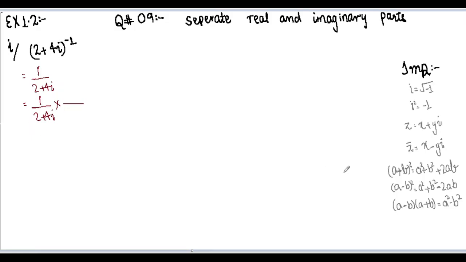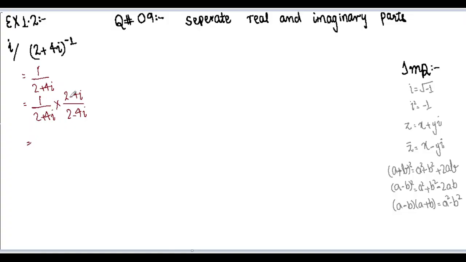And how do we find the conjugate? Just come over here and see. If this is the complex number, then this is the conjugate. This is because we just have to change the sign of the imaginary part of that complex number, and here the imaginary part is yi, and it previously had a positive sign and now it is with a negative sign. So here we are going to change its sign, which is positive previously and now it will become negative: (2 minus 4i) divided by (2 minus 4i).